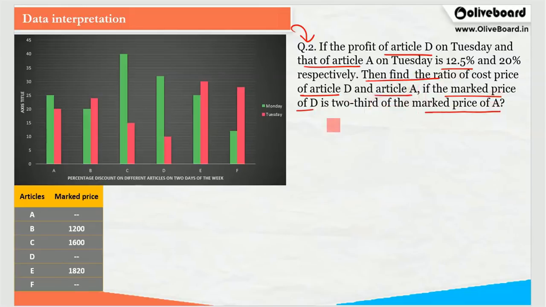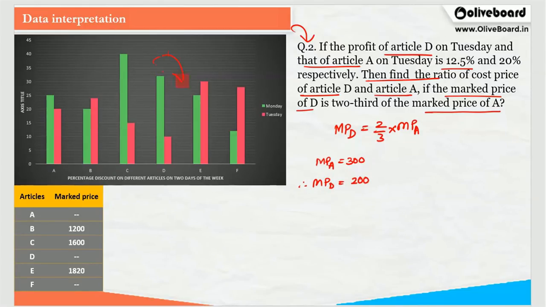So they are basically saying that the mark price of D is 2 by 3 times the mark price of A. So if I assume that the mark price of A is 300, I will have a mark price of D as 200. I am assuming here that the mark price of A is 300. Therefore I can write the mark price of D will be